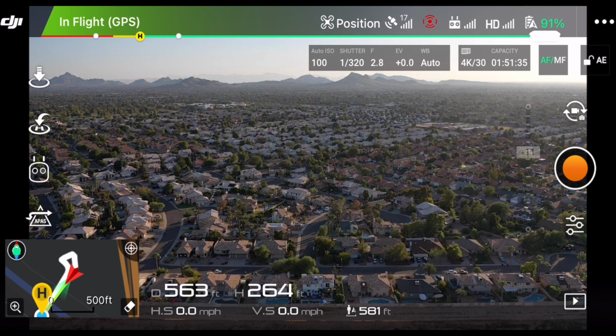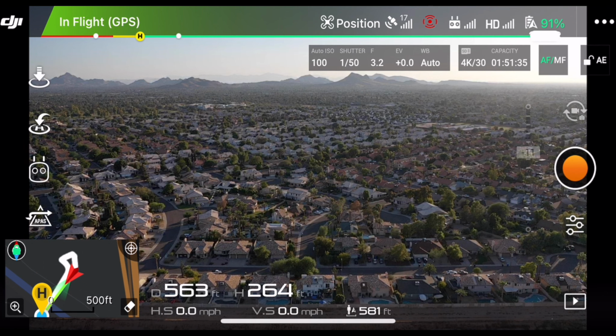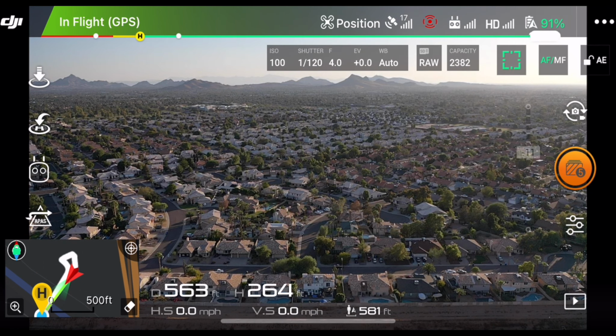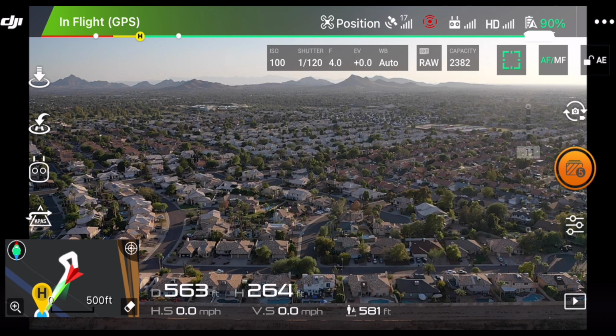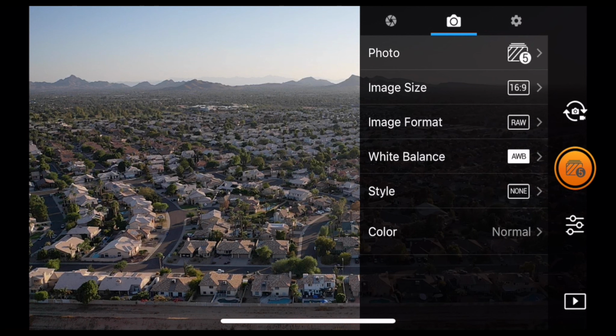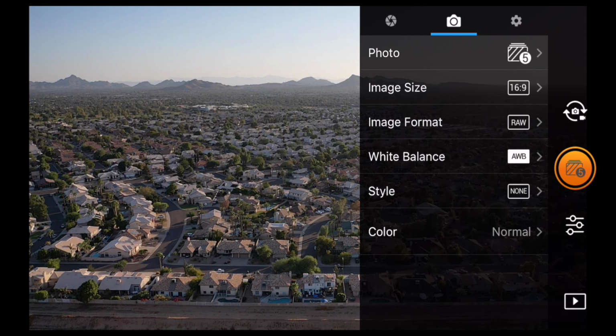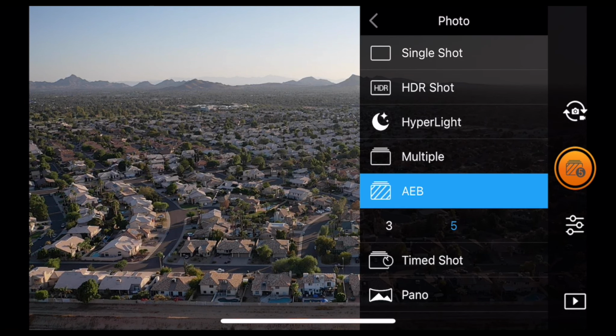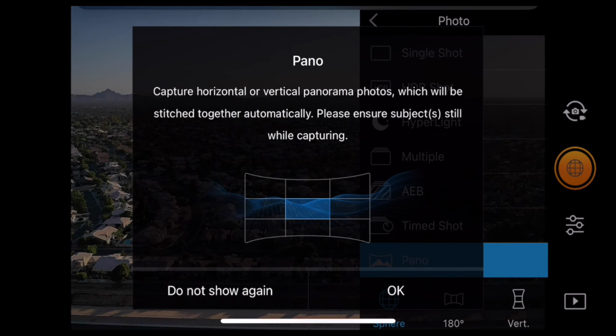So first thing we want to do is switch to the photography mode, and once in there you want to access the photo settings. You go to this camera option here, and in here we want to switch this to a pano. Hit OK,